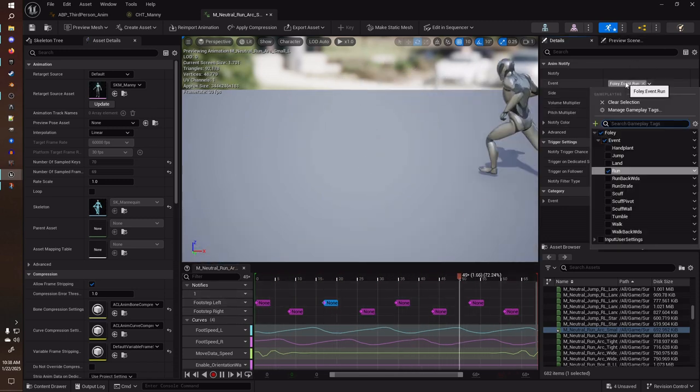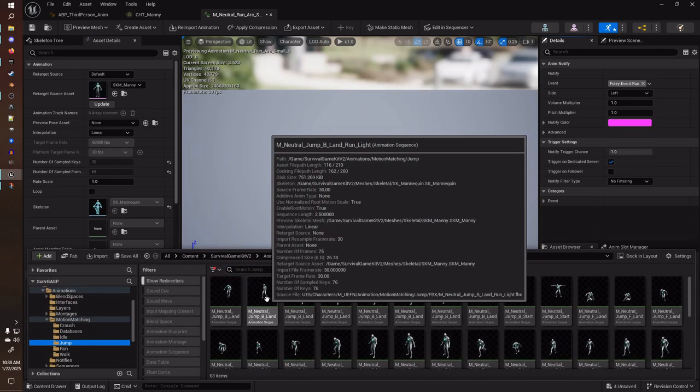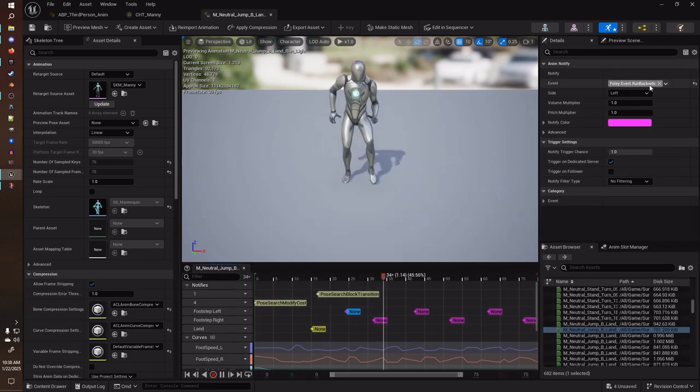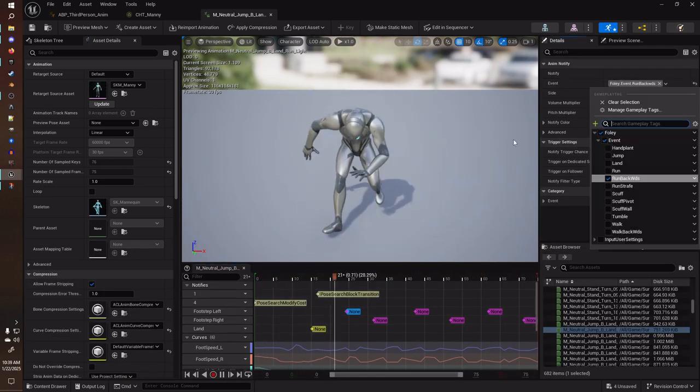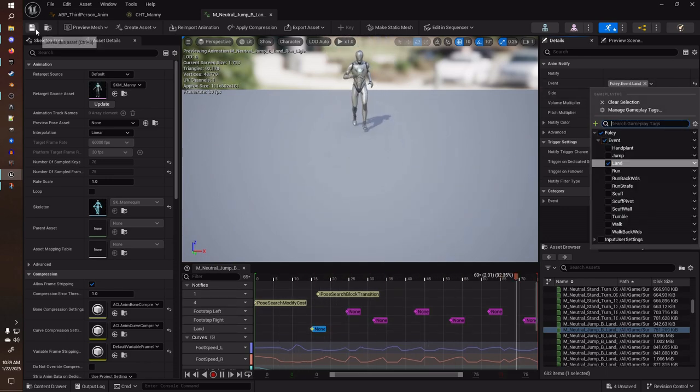Now, if you go on these, you'll notice it doesn't change anything. And all of them should be, let's see, let's take a look at a jump. We got to run backwards there. See, everything's set, so we're good. We land. All right, so now that that's set, we have our